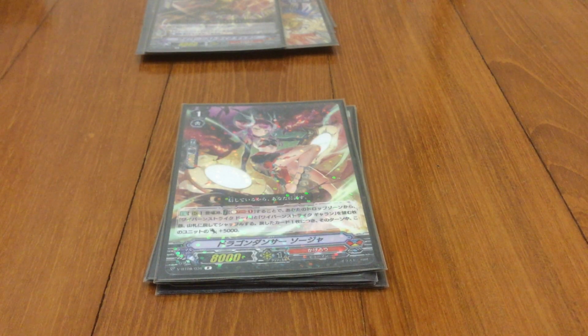8 cards, you pump 20k. The 20k doesn't matter, you're getting 8 cards back. It's a lot, but that's the best case scenario. Now,